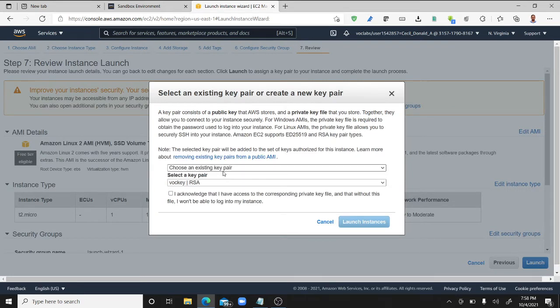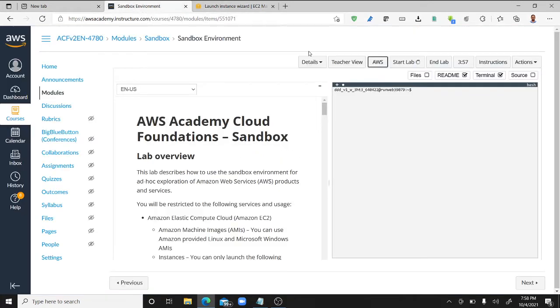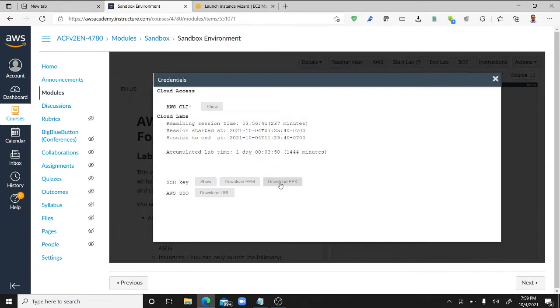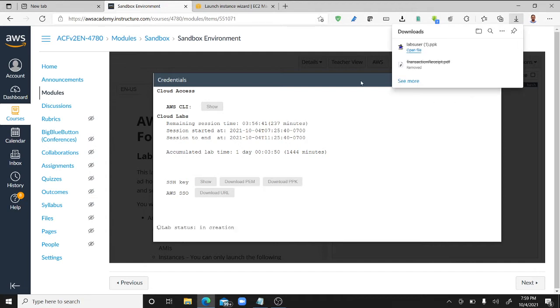So I'm going to use the existing key pair. So I will acknowledge it, launch instance. Meanwhile, let me take the key and I'll download the PPK file, and now it is downloaded.